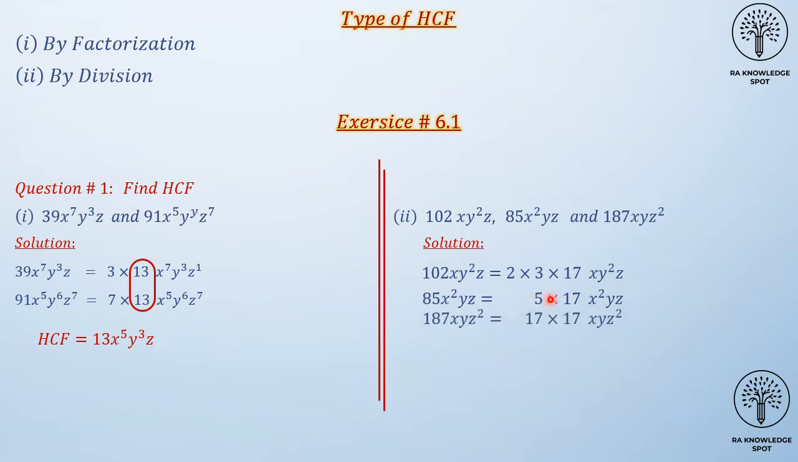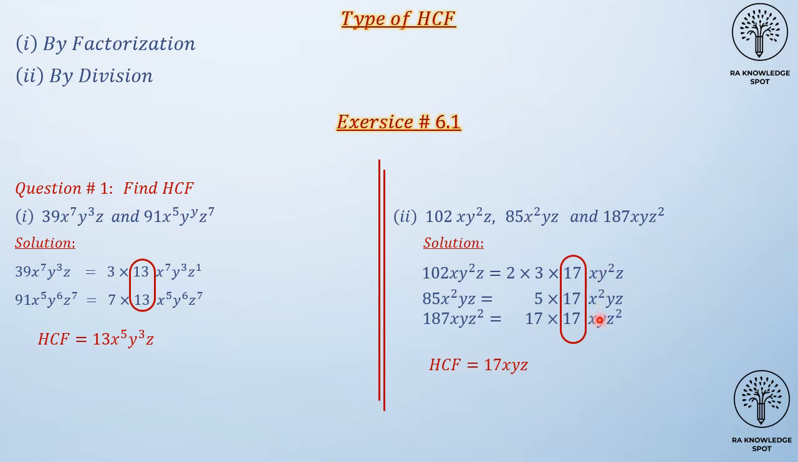Again 87, and this is this number. You have to find the factors. Now which is the common number? That is 17. Now see the variable, the least power of x, and the least power of y is